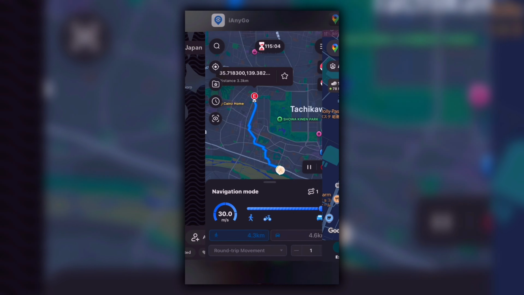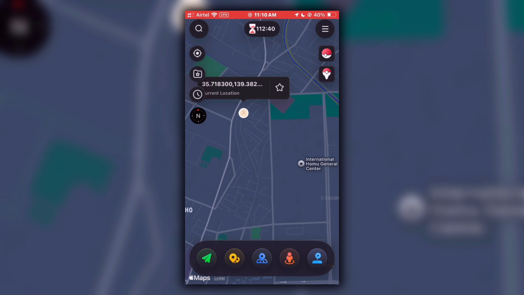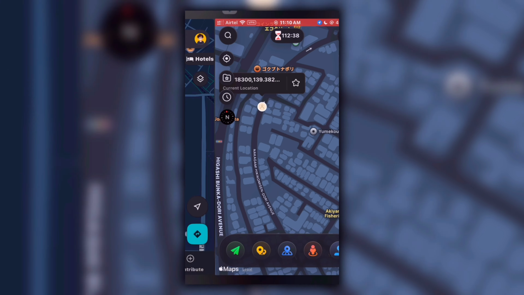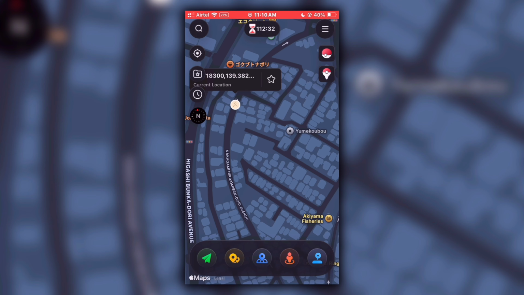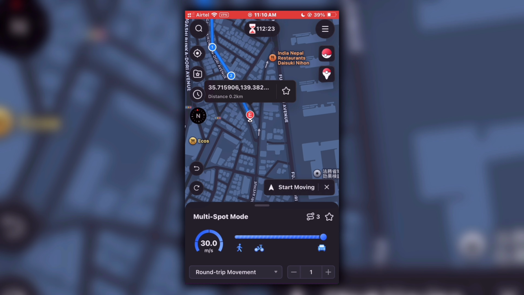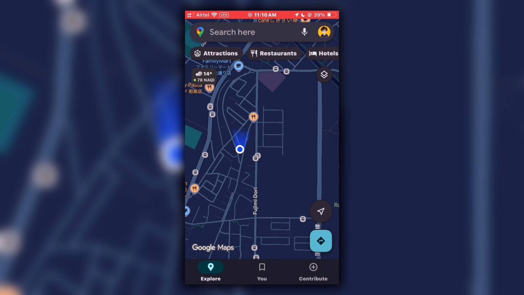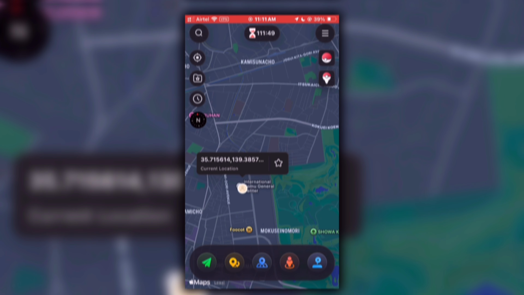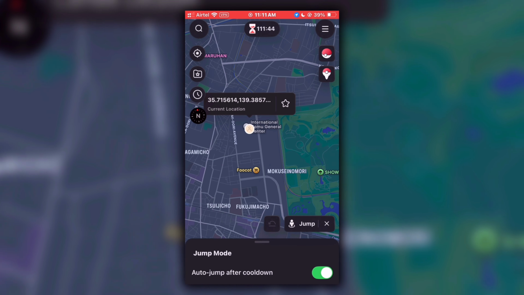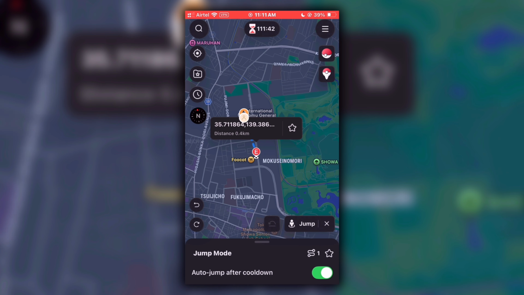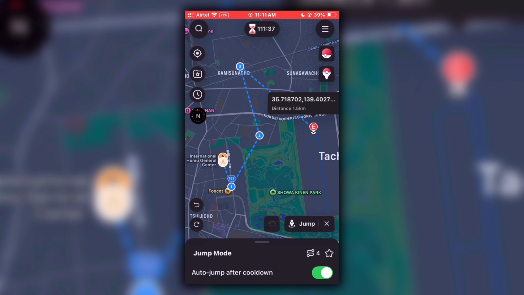And other features are multi-spot and single spot movement. This also works like the first feature I showed you, but in this feature you will move directly without a specific route. And same here, you will just have to select points you want to move to and then just click on start after selecting your speed and the rounds. And as you can see here, it is also working perfectly. And after that, there is one more option and that is jump teleport. This is also the same, but instead of moving here, location switch is instant.